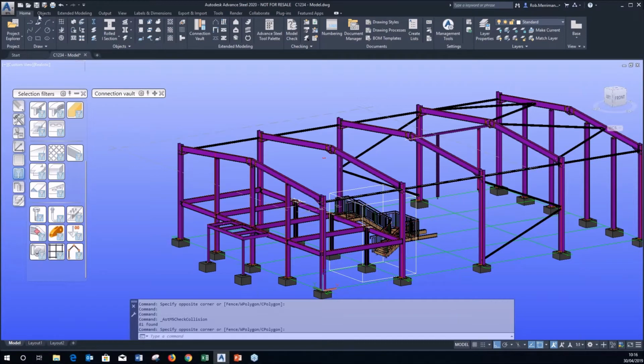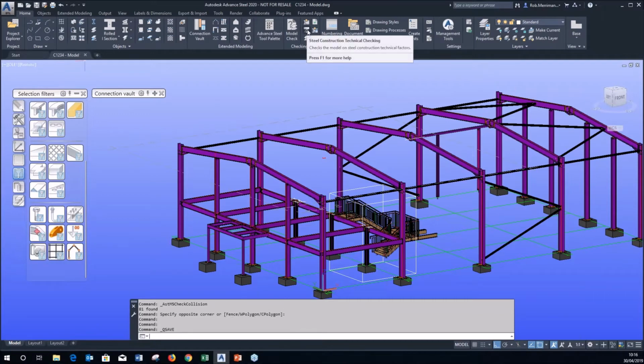So that's clash checking. The next one we're going to move on to is underneath it. It's less commonly used. I'm going to show you, but I used to use it on every job that I did. It's called Steel Construction Technical Checking. So if you look at the dialog as I hover over it, it says checks the model on steel construction technical factors. And a lot of the things it's going to pick up would go unnoticed until you were editing drawings, or the workshop were manufacturing it, or you were running NC data. So it looks at design factors such as bolts that are too close to the edge of the material. So if I run this technical check,